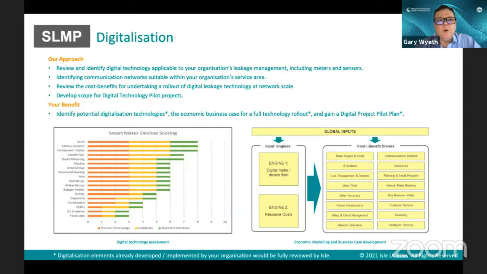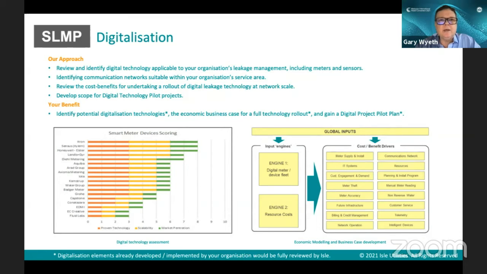Digitalization. So all utilities are looking to improve how they digitalize their system, whether it be customer meters, data loggers, flow and pressure monitoring, GIS, all of this information. So what we tend to do with the SLMP is look at the current digital programs that are in place and to see how they affect the NRW and how they're going to benefit from it, but also then start